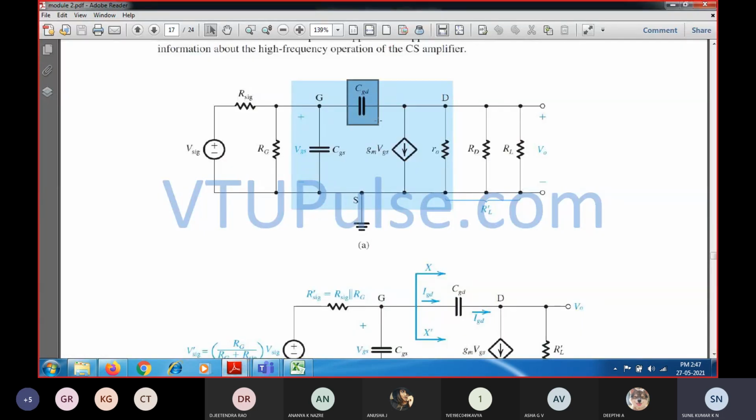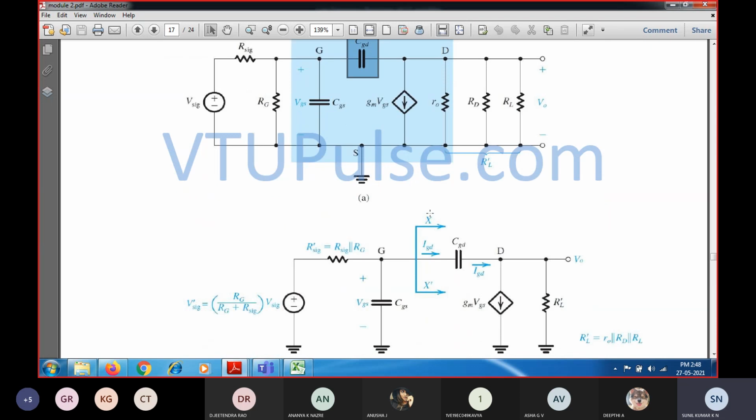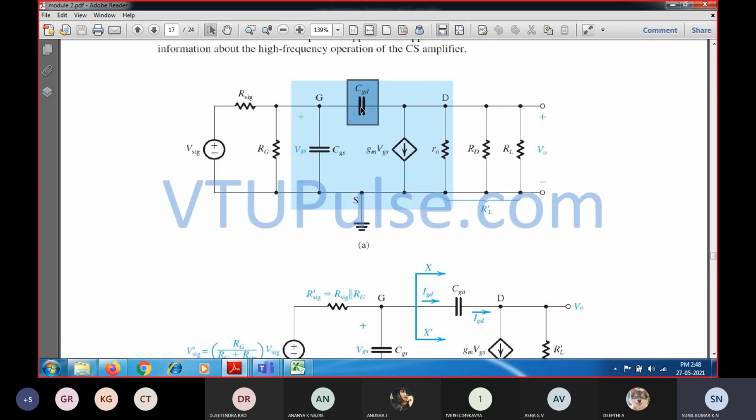So according to Miller's effect, any impedance which has been connected between two nodes can be replaced to have the same effect. In order to consider the same effect, we have to convert it into a corresponding impedance which is going to have the same current flowing across it. Since CGD is the gate to drain capacitor which is connected between these two nodes, that is the gate node as well as the drain node,